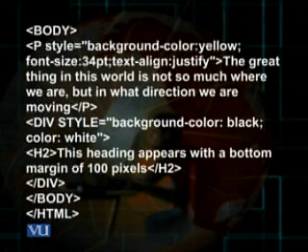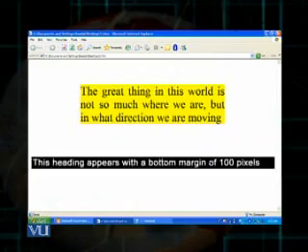So there is a gap of 100 pixels between the content contained in the paragraph tag and this content enclosed in the heading tag accordingly. And then the div tag closed, body and HTML closed, and you have already viewed the result that refers to this code.